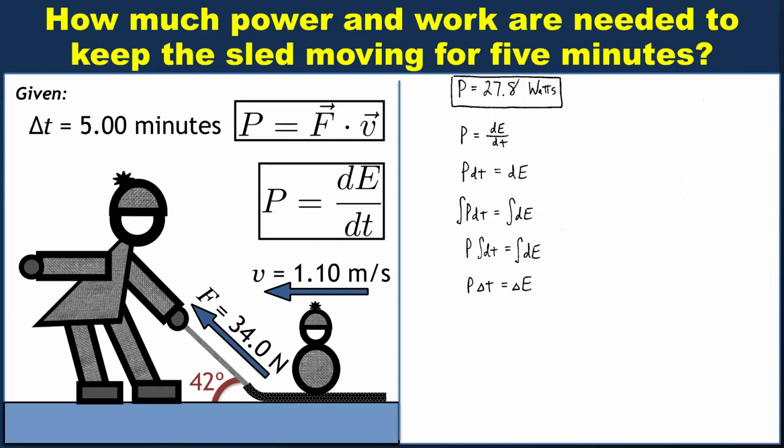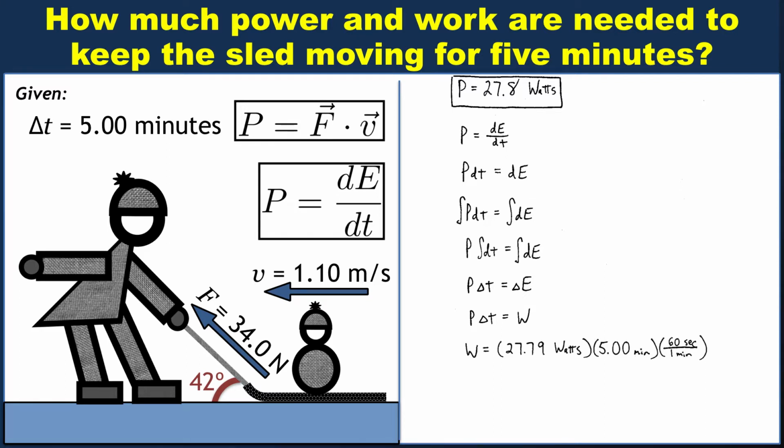The question is what to do with this delta E. Well, if you think about it, the only two things that can change the energy of a system and generate a net delta E are work and heat transfer, and in this course we're trying our best to avoid heat transfer, so it must be the case that delta E for this particular problem is just the work. So P delta t equals the work,